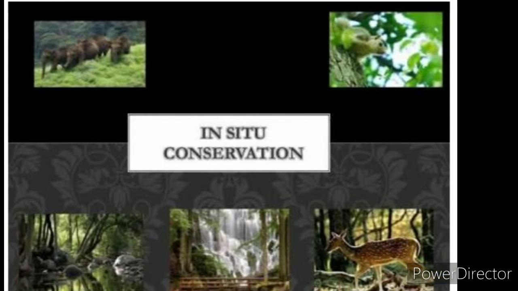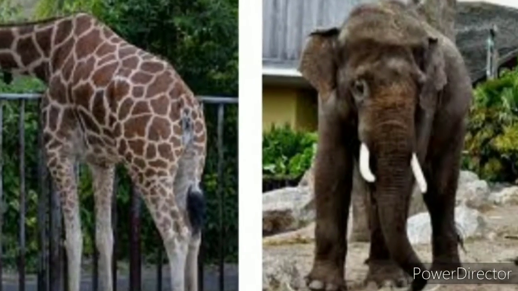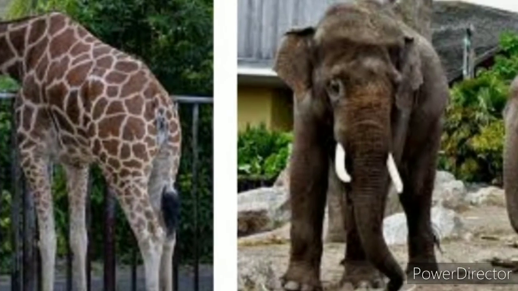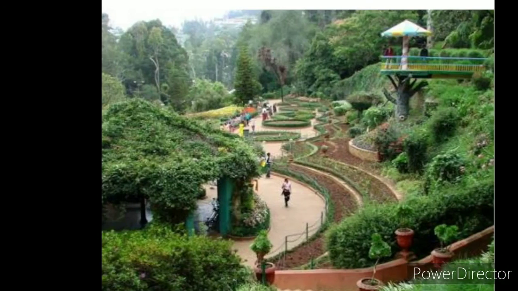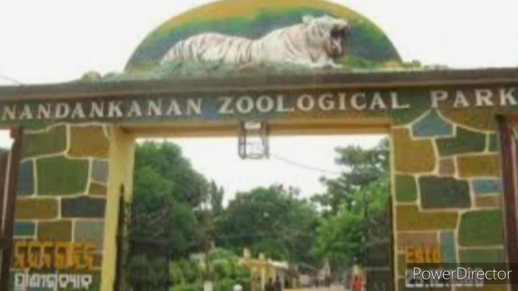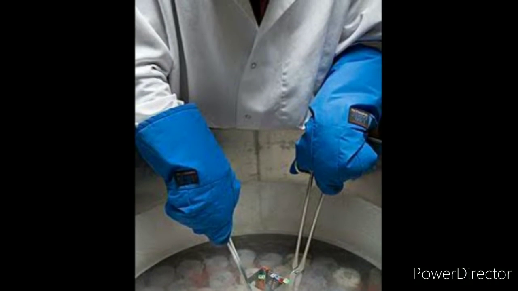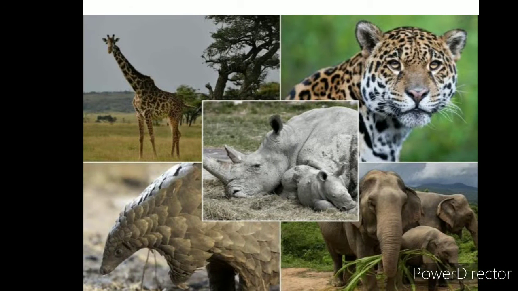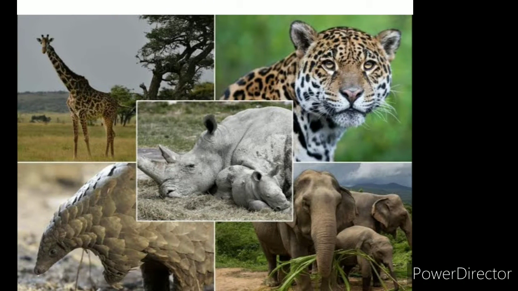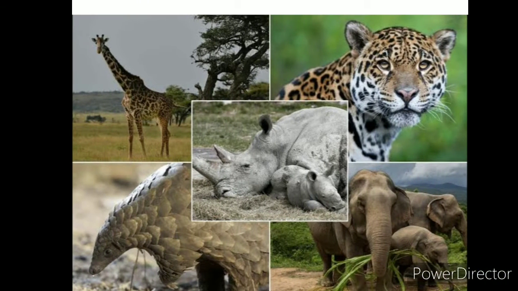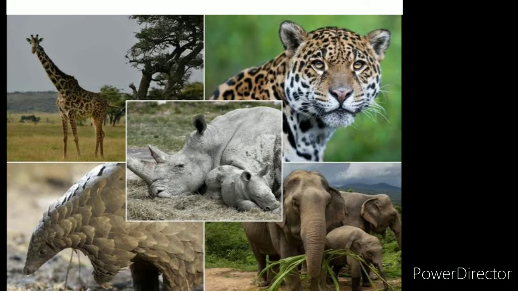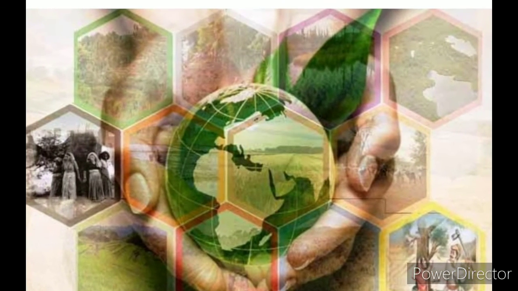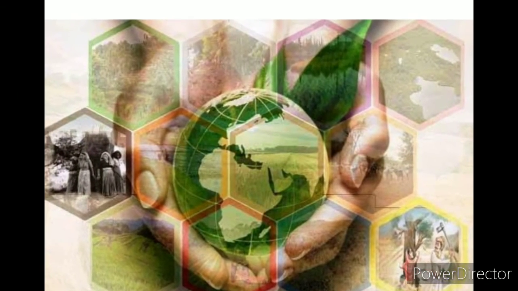What is meant by ex situ conservation? It is the method of conservation where species are protected outside their natural environment. This includes establishment of botanical gardens, zoological parks and conservation strategies such as gene, pollen and seed banks. These facilities not only provide housing and care for endangered species but also have educational and recreational value for society. Some community level groups also participate in the conservation of our environment.